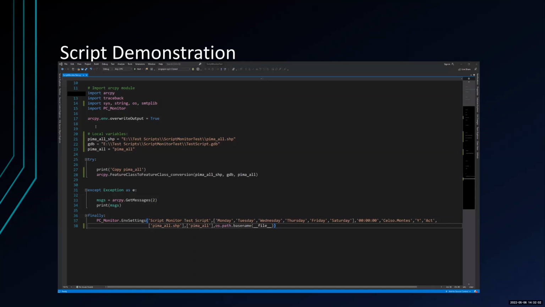Let me hit play. So here you can see the PC monitor, some local variables of a shapefile that's going to go into a file geodatabase, and a feature class to feature class conversion with the inputs of the shapefile, geodatabase, and feature class name. And at the very end, I have the finally statement with the scheduled name, the task schedule name, the